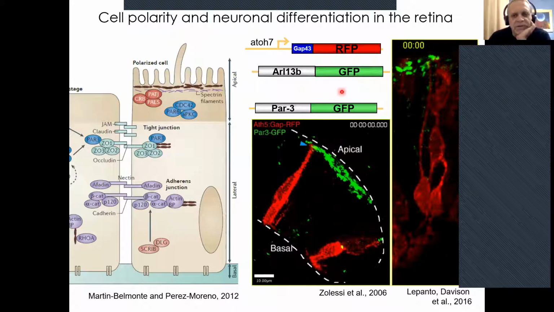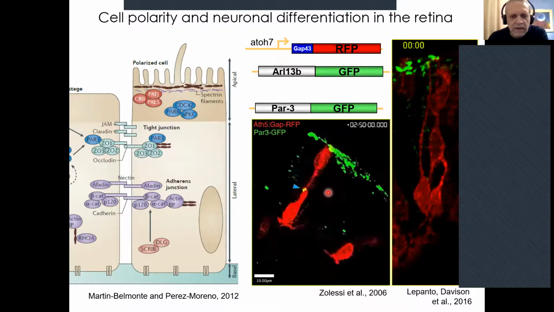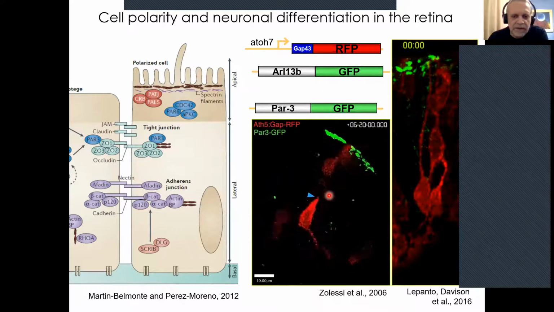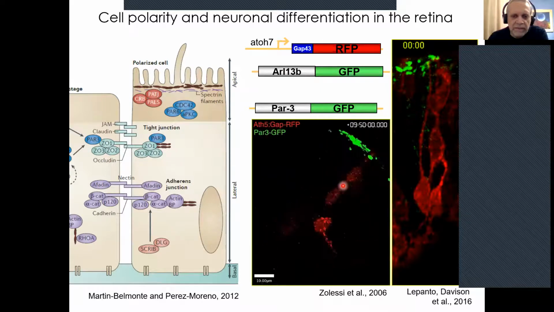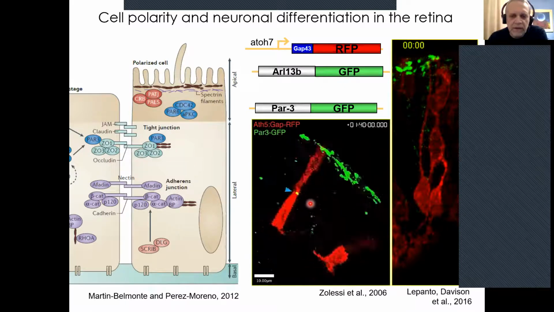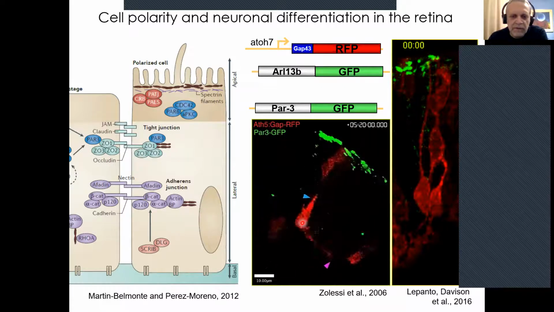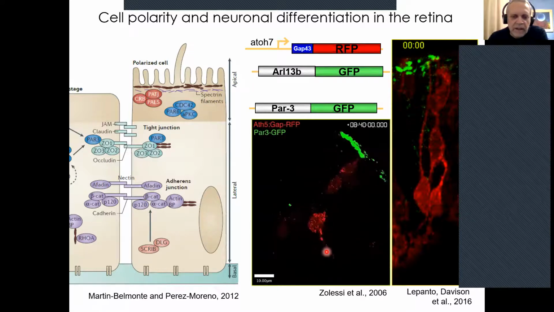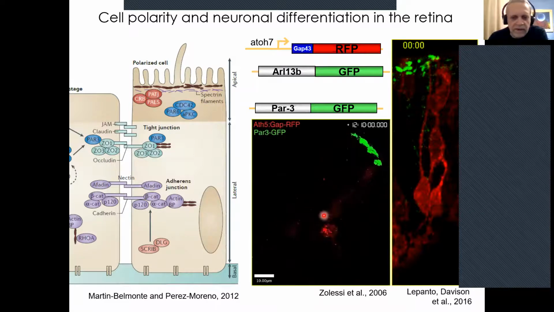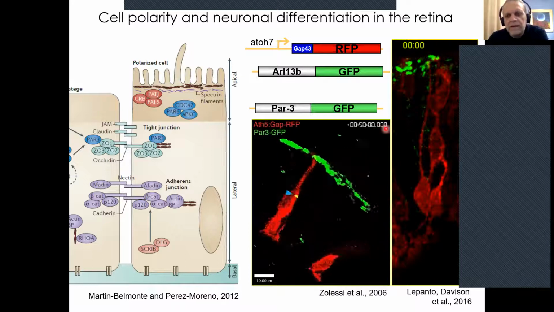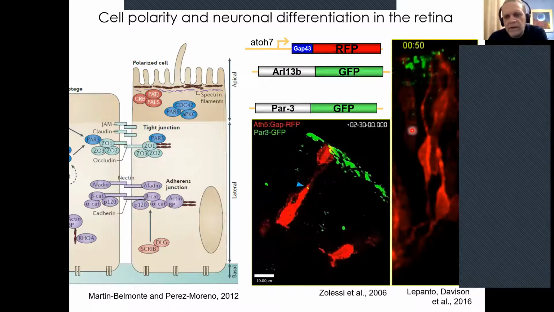So here in green, we see apical markers. One of them is PAR3, which is one of these proteins here. We can see how retinal ganglion cells, when they start to differentiate, they eventually retract an apical process, and they bring with them a little bit of PAR3 at the tip of the apical process, and then after that they grow an axon. They usually do that. This is very, very stereotyped behavior, and we can see a similar thing when we look at the primary cilium,